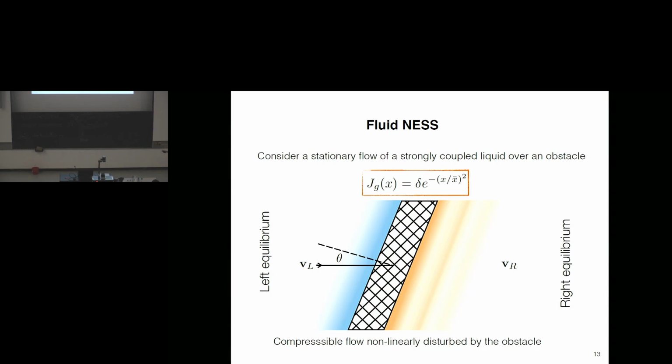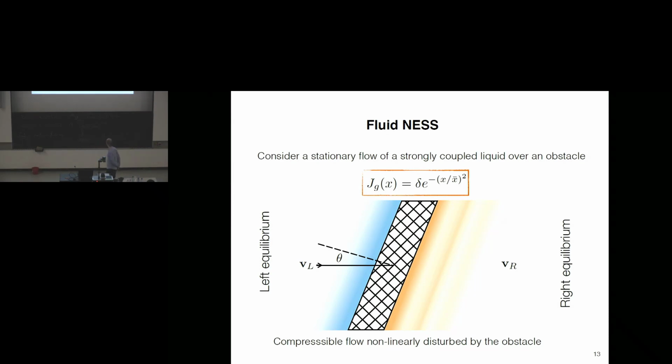But let's just keep in mind that this direction is spatial. And so the easiest way that you can set this up in holography, for example, is by introducing a source for a component of the boundary metric. The source for the component of the boundary metric, schematically J for the metric G, is that along this special direction in which we break the translation invariance, you have essentially the same Gaussian, but now as a function of space, that we saw earlier in the quench as a function of time.